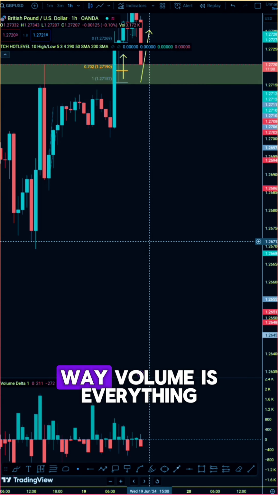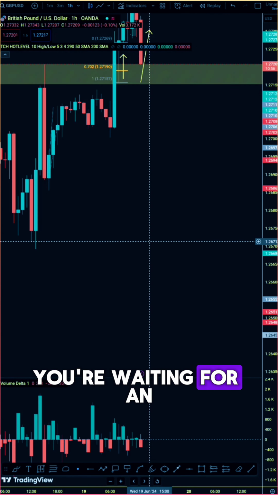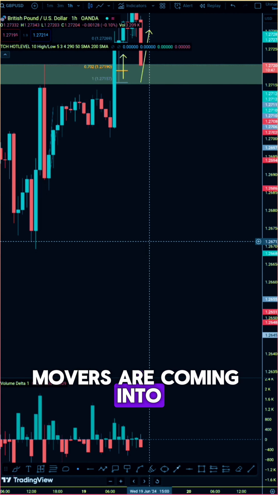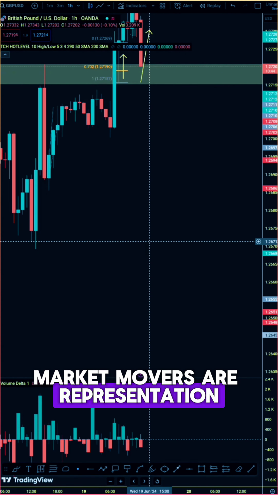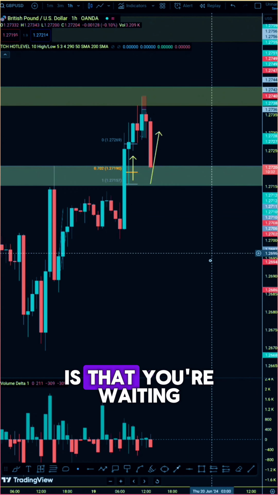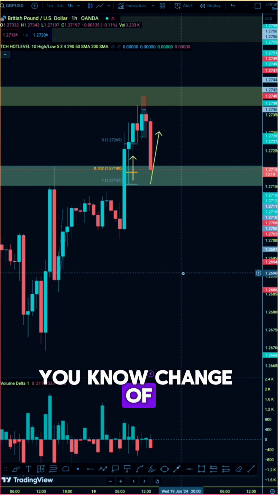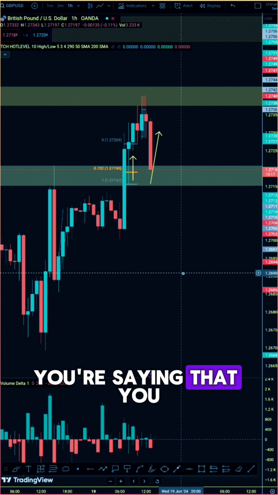Guys, look at it this way. Volume is everything. If you're trading the smart money concept, you're waiting for an area where market movers are coming into the market. Market movers are a representation of volume. If you're using an engulfing candle as your confirmation, what you're directly saying is that you're waiting for volume. Or even if you're looking for chart patterns, change of character, change of structure, you're saying that you want a